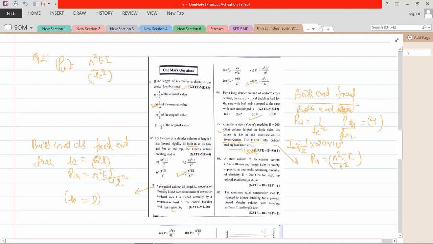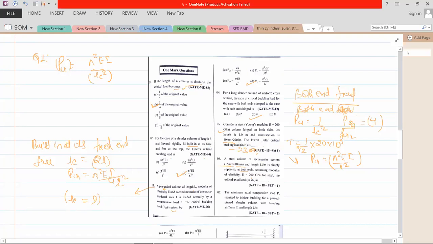Now the next question is a steel column of rectangular cross section, again given rectangular cross section. So that's why I asked you to obtain the minimum, and the length is given, simply supported at both ends. So simply supported means both ends are hinged. Now E is given, you need to find the critical axial load. So since simply supported condition is given, so it is for this, the answer is around